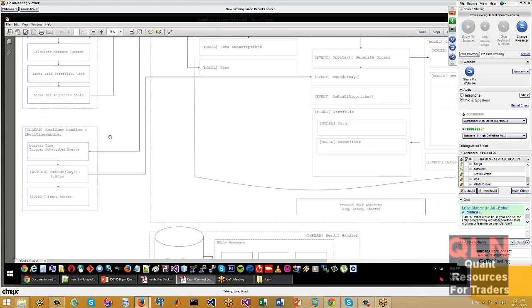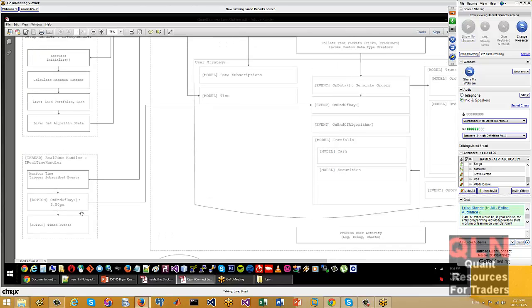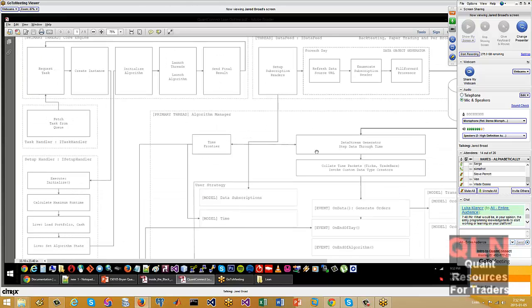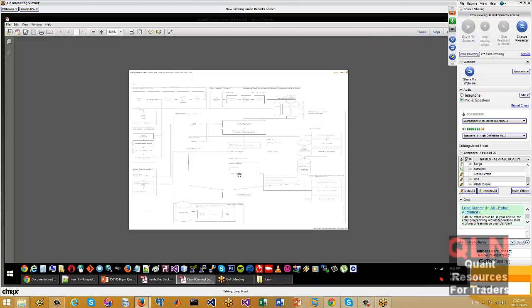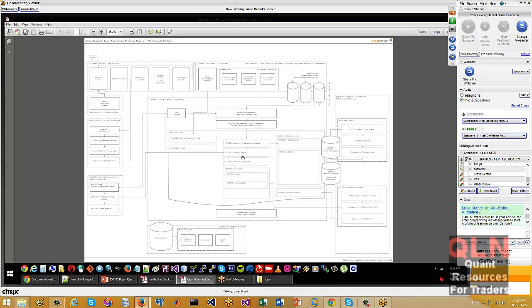And then there's a few other smaller event handlers, like a real-time handler, so that you can generate real-time events at certain times through the day, which can be handy, of course, for generating events before closing. We're actually going to open this up in the next few days. We're going to open it up so you can generate real-time events whenever you want, and you can tell QuantConnect to ping your algorithm at certain times during the day, which should be awesome. You should be able to do a lot of fun stuff with that. Wow. So yeah, that's the architecture, and this will all be included in the documentation and the raw source code when we open source it, hopefully in the next week.